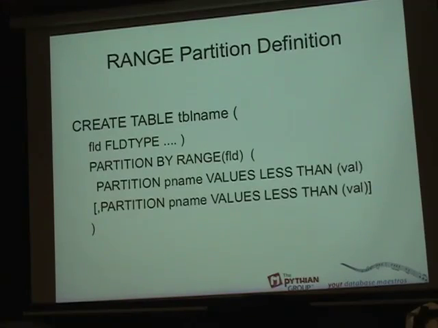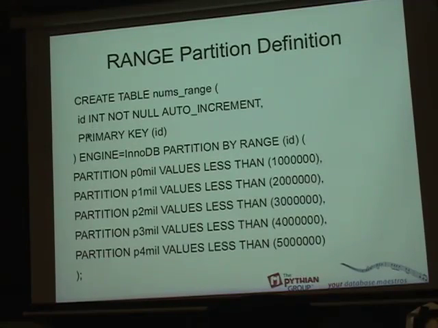So that gets us to our first sample text, which is, here's our create table, table name, here's our fields, partitioned by range, and here's our field or our field expression. So we have a partition p name, values less than val, and then you can add more. You have to do this in order, right? So you can't say values less than 20 and then values less than 10. So I made a little example here, and here it is. So create table nums range, ID, here's the primary key, engine, partition by range, and basically we just have this list of, if it's less than 1 million, it's in P0 mil. If it's less than 2 million, it's in P1 mil. If it's less than 3 million, fine. And